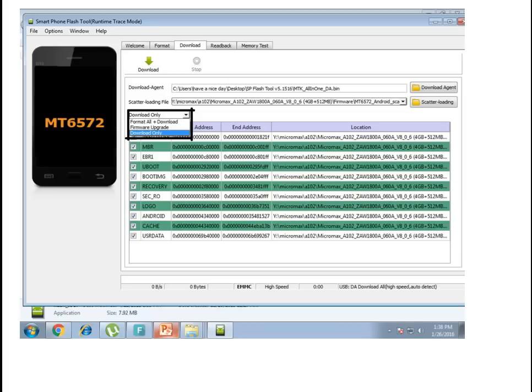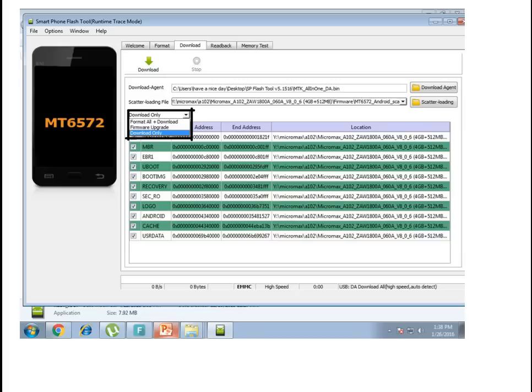So what you have to do is use download in SP Flash Tool. Don't use firmware upgrade or format all and download in SP Flash Tool, because the concept behind this is that when you download with SP Flash Tool, it verifies your stock ROM in the phone and verifies your file.